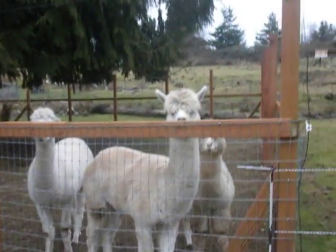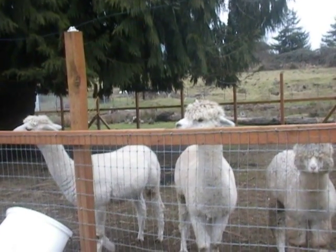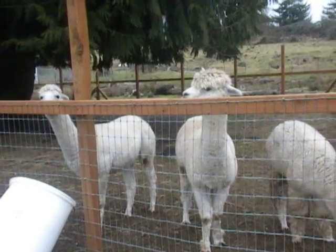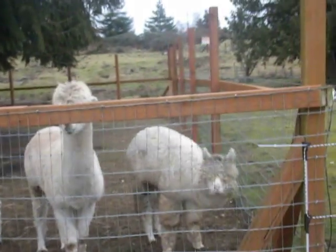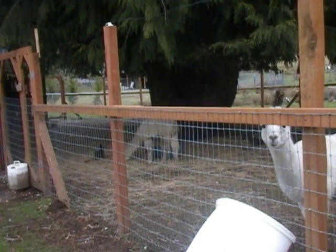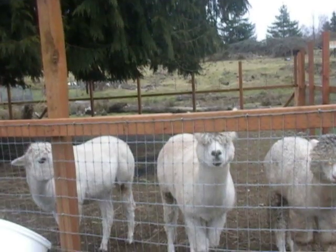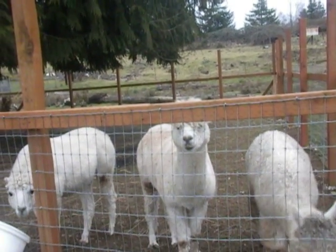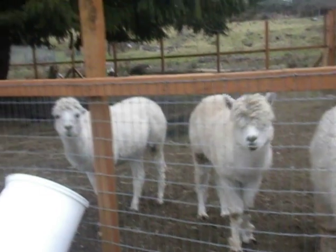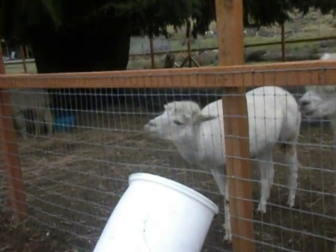That's Al staring over the top of the fence there. Where all we have are gelded. I beg your pardon, we have 2 natural alpacas and 2 gelded. The smaller one here and the one over at the feeder are the naturals, and these 2 boys, all 4 of them actually, let's see, Al is about the oldest at 5, and then, no, it's the reverse. Al's 4, Titus is 5,